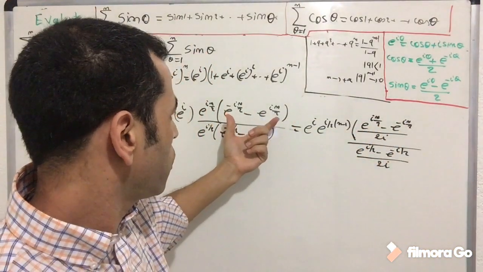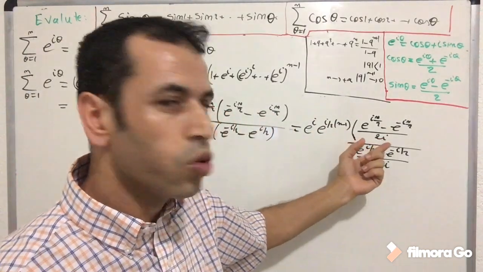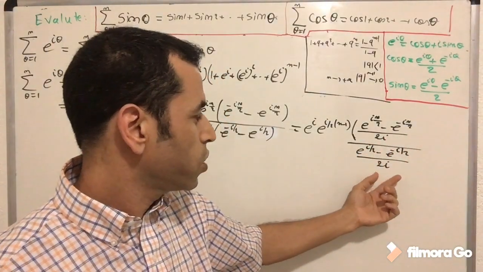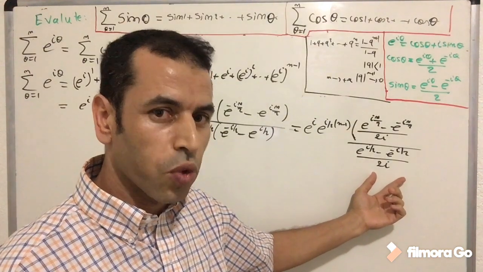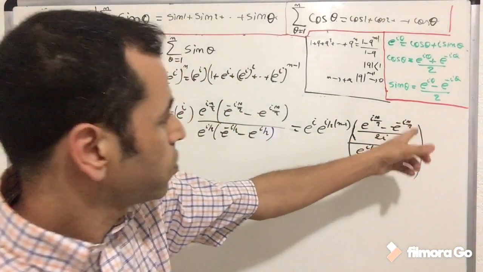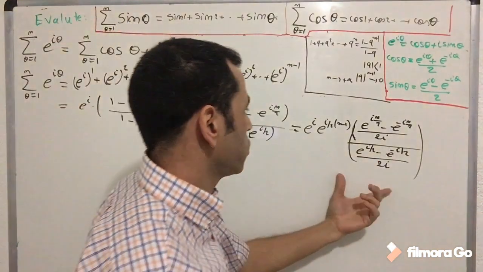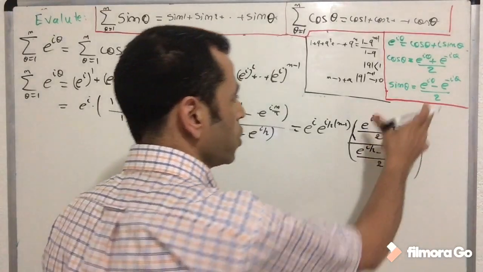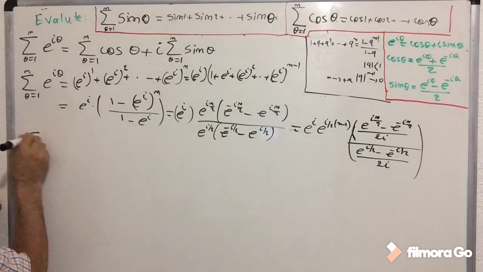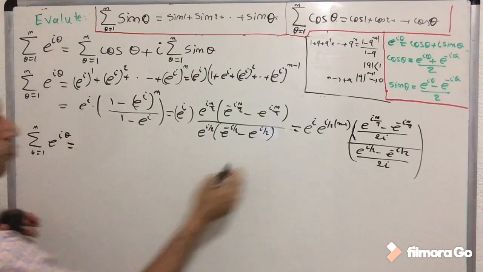Taking the upper term on the numerator, we divide by 2i. As I'm dividing by 2i, I have to divide the bottom by 2i as well, okay? So what is this? This is sine of n over 2. This is sine of 1 over 2. I did nothing here, okay? I just switched the terms, I put it this way in order to find sine. That's it. So the sum of e to the i theta from 1 to n equals,